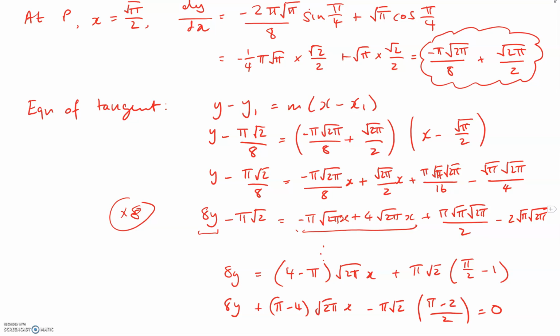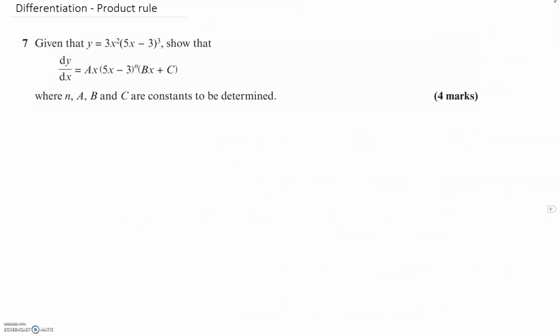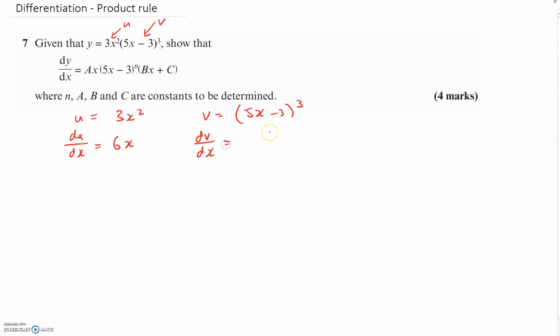Let's move on to the next question though. So the next one is not nearly as bad, so we'll do this quite quickly. Again, it's a product, and if I say that that's u and that's v, I'll write them down, and you'll notice that we need to do the chain rule again for v. du dx is quite straightforward. dv dx is a chain rule, and the chain rule would say